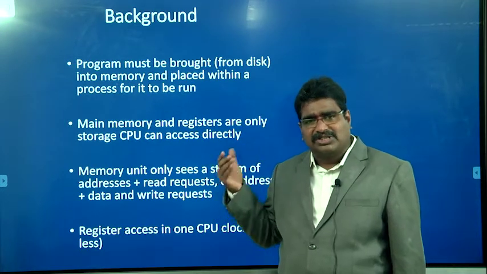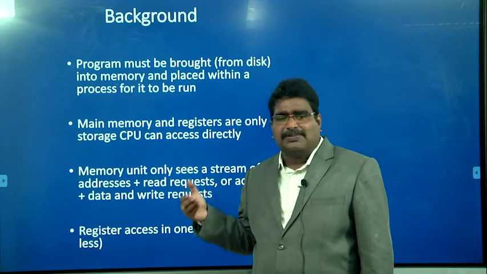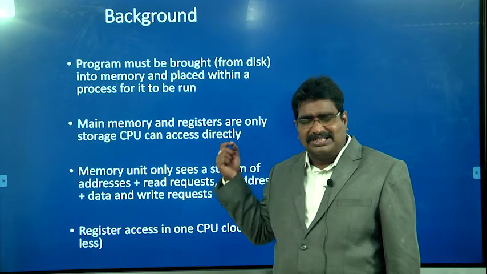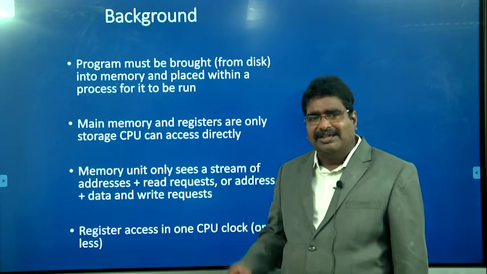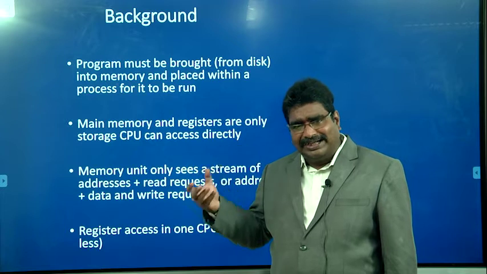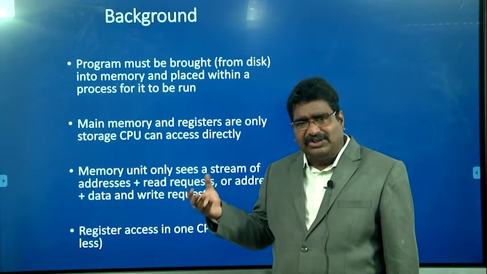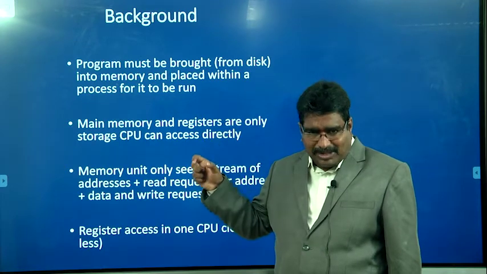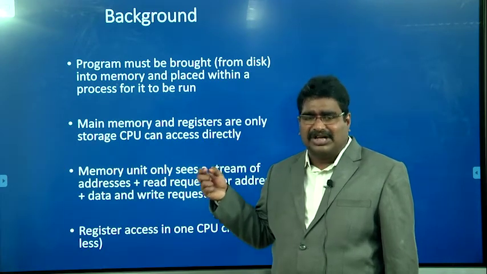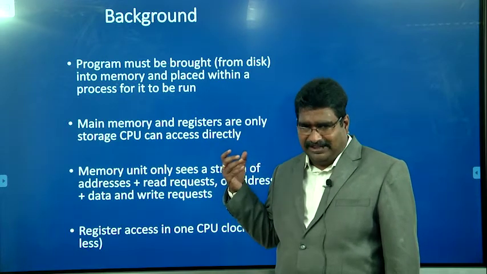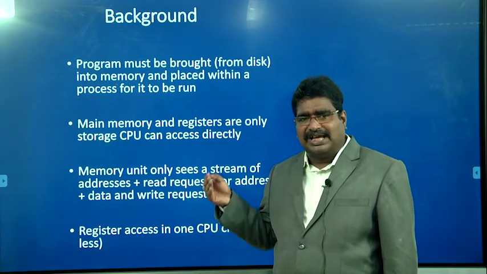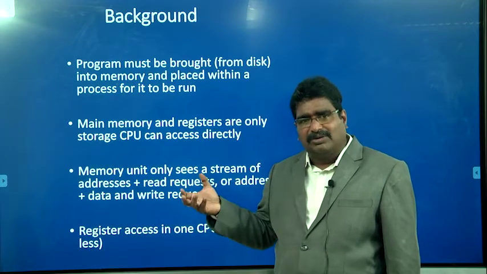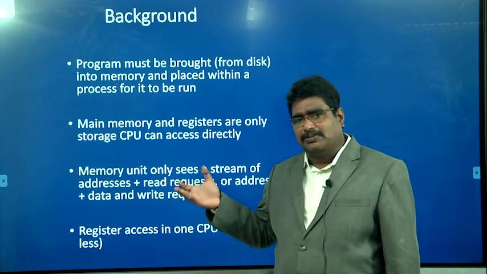Whenever the processor wants to fetch an instruction, it must know from which memory location it needs to fetch it. That address is given by the instruction pointer. Similarly, whenever the processor needs to read or fetch data from the memory, it specifies the memory location. Based on that memory location address only, it is possible to fetch the data. After completion of the operation, again it needs to store the data. Which location should the data be stored in? Without knowing the address location, it is not possible to retrieve the data.